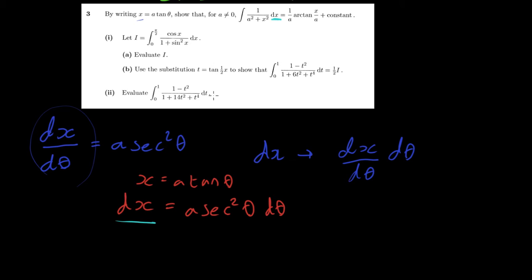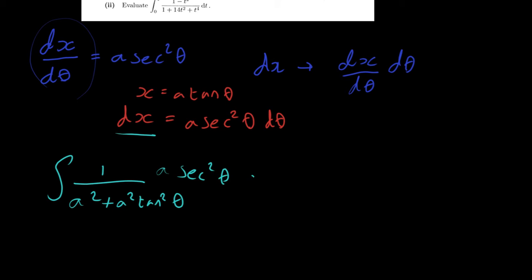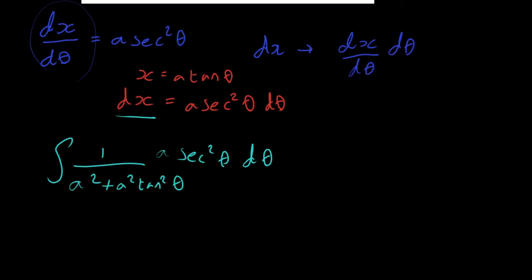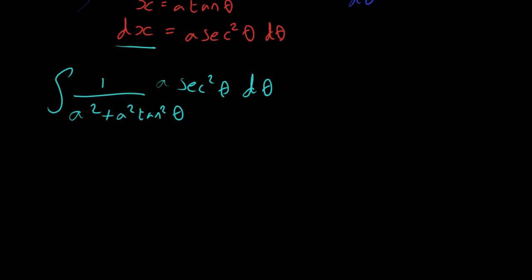Now, continuing on in the actual question, what will the bottom line become? That's a squared. Now, because x is a tan theta, that's going to be plus a squared tan squared theta. We append this on, so we get a sec squared theta, and we have a d theta. Now, if you notice here, the bottom line is actually,